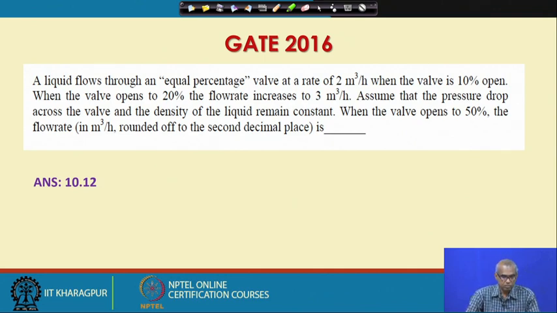A liquid flows through an equal percentage valve at a rate of 2 meter cube per hour when the valve is 10% open. When the valve opens to 20%, the flow rate increases to 3 meter cube per hour. Assuming that the pressure drop across the valve and the density of the liquid remain constant, when the valve opens to 50%, the flow rate in meter cube per hour rounded off to the second decimal place is... So, basically what you have to do is,